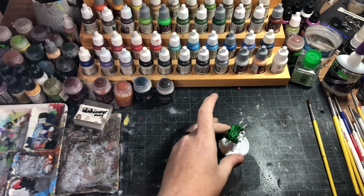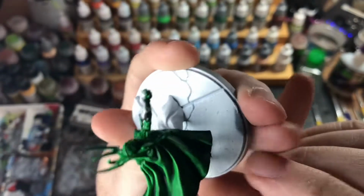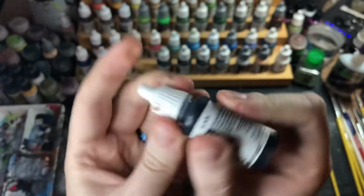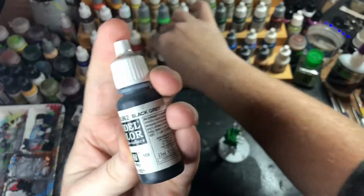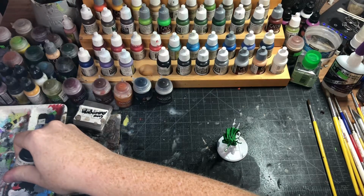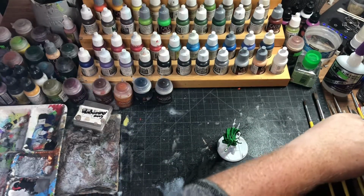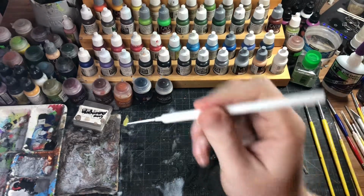And we're back. We've allowed this to dry. It's looking pretty good in some areas. The cape I'm still not 100% sold on, but we'll move on knowing that we can change it later. I'm kind of torn between going black and black gray. I think I'm going to go black gray first. I don't like going just straight black. I think black gray will give us a better coat. I've looked at our references, and I think this is probably overkill, but we're going to go with our little teeny brush because there's lots of little areas,